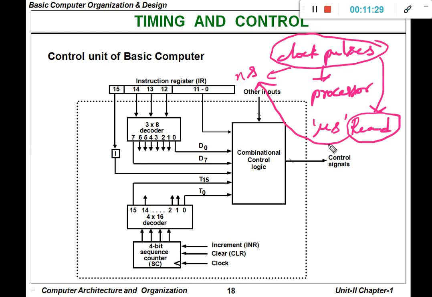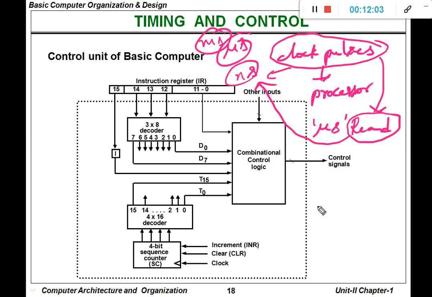Then the clock pulse will be in a waiting state until the read operation is completed, because it needs to complete the read operation within the clock pulse. So it is going to wait even for microseconds, even for milliseconds, because it needs to complete the operation. That is our criteria.